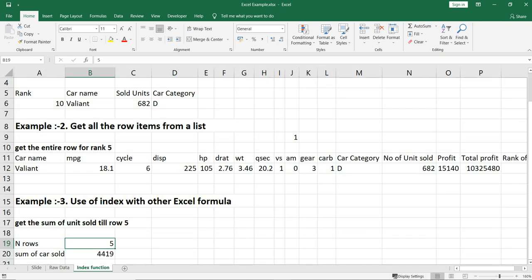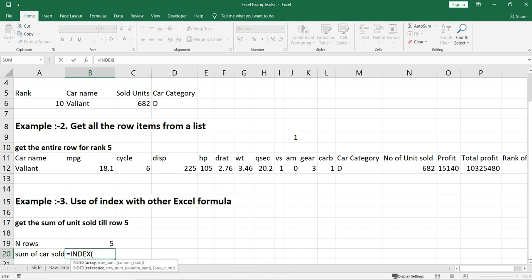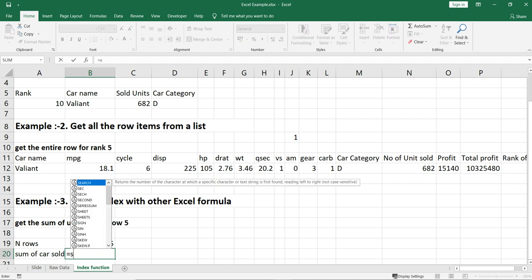Now if I go back here, ideally we should write the index formula in such a way that we can get the sum of units sold till row number 5. So we will put index, right? Before index we need to put the sum function because we need the sum of the units sold. So we'll put sum.